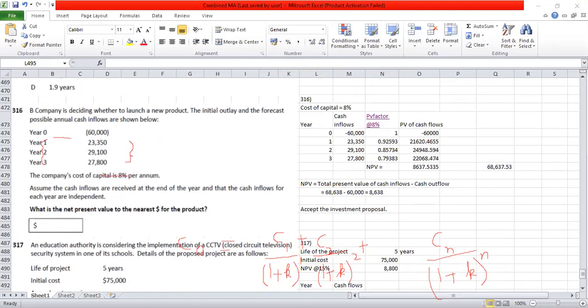There are basically four different types of tables in financial management which we have to look into. Two tables are to calculate present value. Two tables are for future value. So when we are trying to calculate the future value of cash flows, at that time we depend on future value techniques. But here we are finding out,